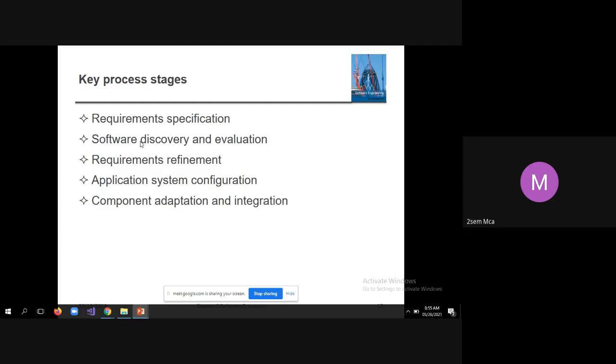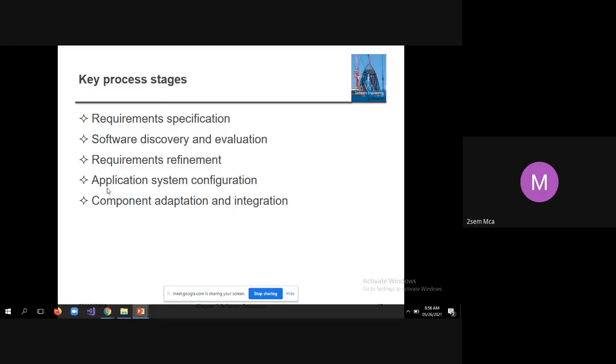The third step is requirements refinement. Once you identify that certain components are available, you have to mark them down. That means you have to segregate which requirements were found and which have to be implemented for the first time.